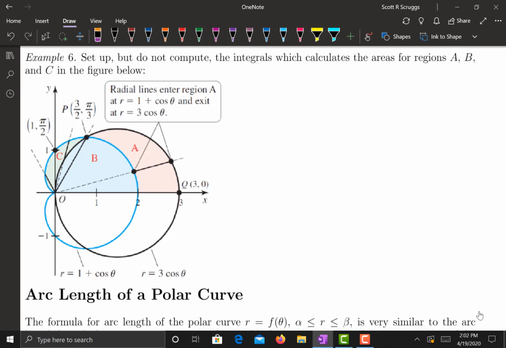And that's occurring at the intersection pi over 3, starting at 0. So that means my integral is going to go from 0 to pi over 3,